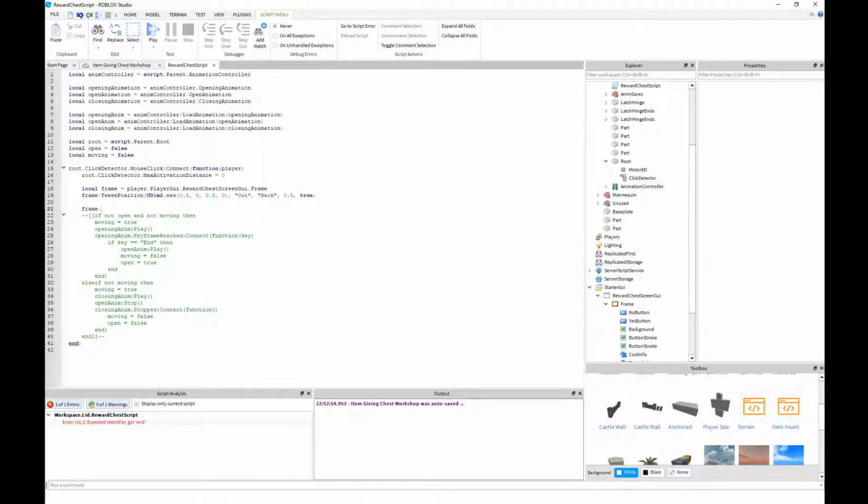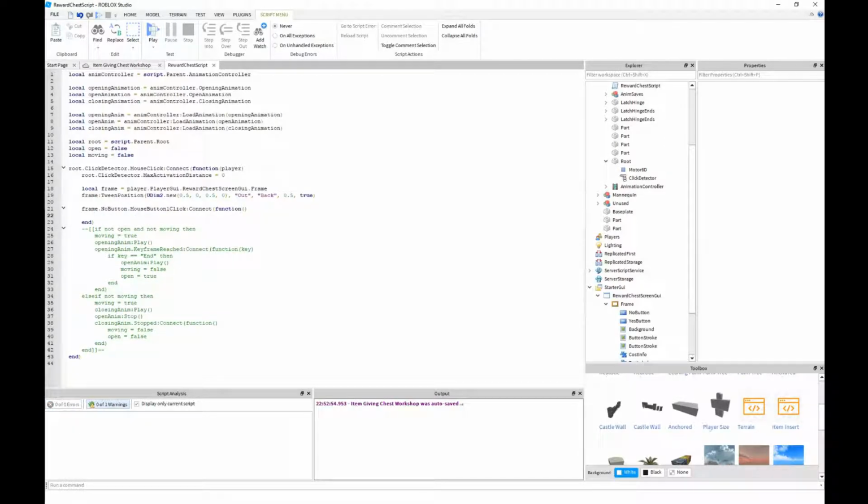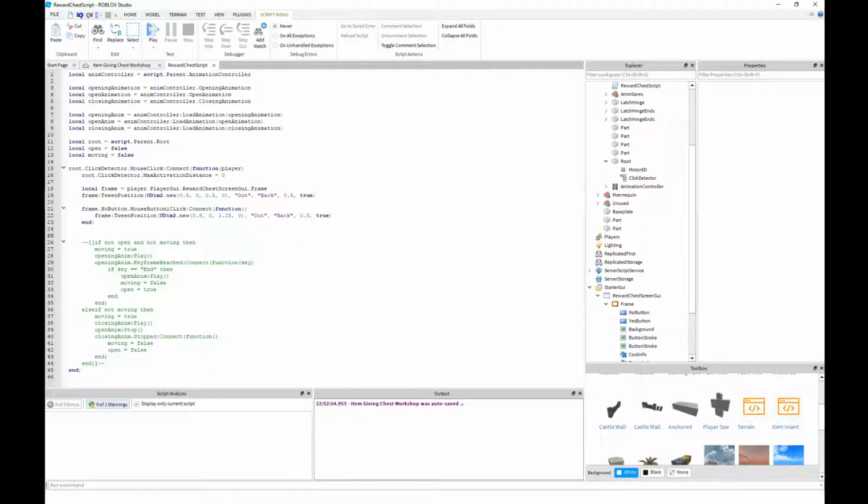and let's do frame.yes, we'll do frame.YesButton. Let's do the no button first. And this is MouseButton1Click:Connect function, and we're going to do this, and we're going to move it to where it is now, right there. So that's going to bounce it back out, and that's that. And then let's do frame.YesButton.MouseButton1Click:Connect,